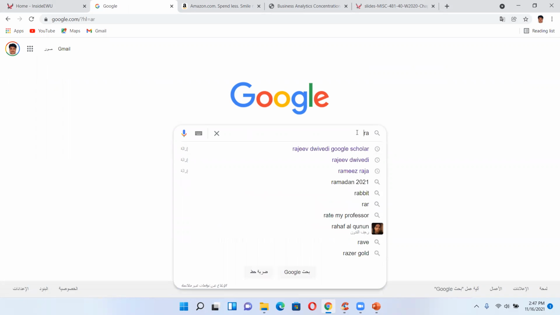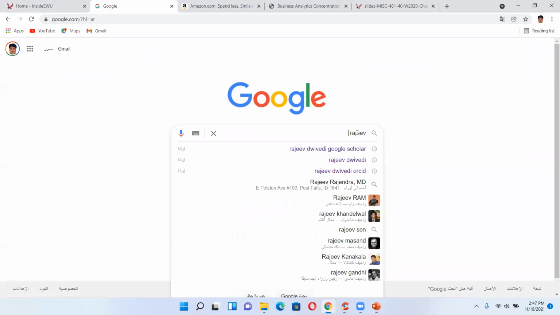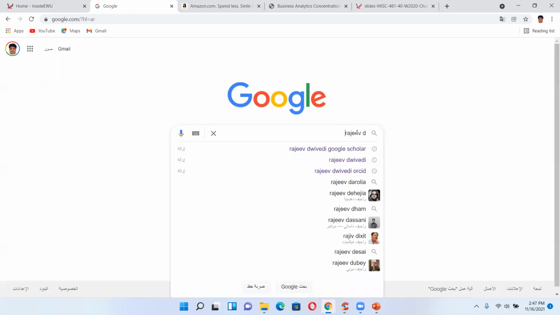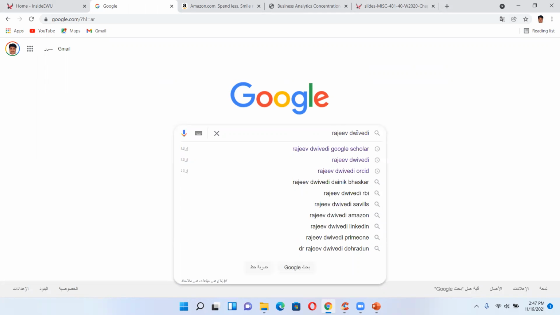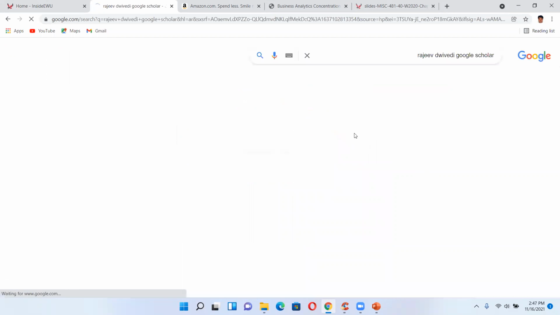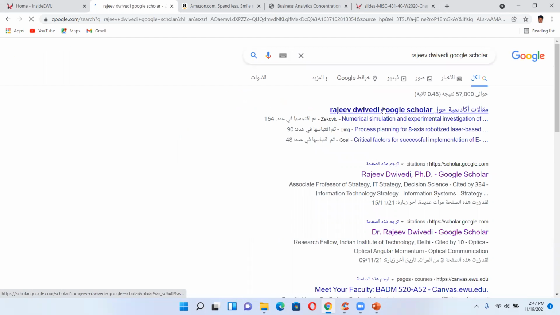If I type, basically this has been designed so that if I turn into Arabic, it is going to start from this side. You can see.